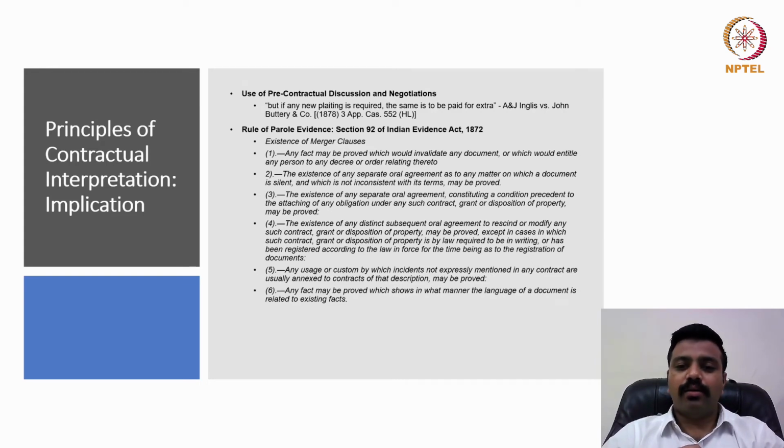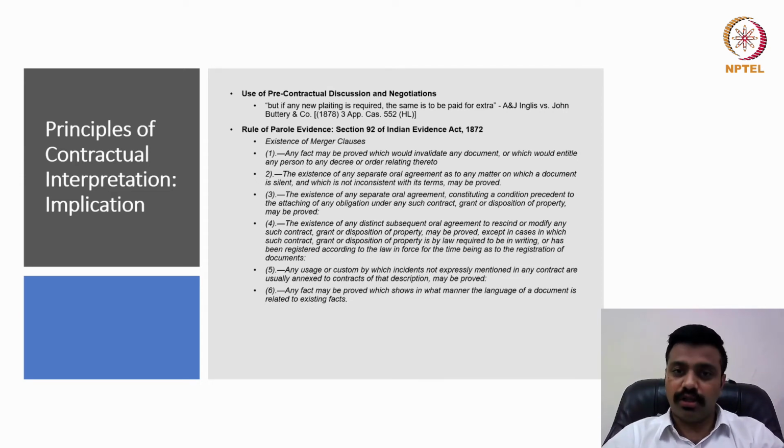The last aspect that comes under the rule of parole evidence is the point where any fact which proves the manner of the language of a document can be used for interpretation of the contract. Now, let us say, for example, if there is a fact which provides that Mr. X has a particular object with him, and that object is described in the contract without any further description or anything of that sort. In those circumstances, the facts can be proved to understand what the terminology that is used